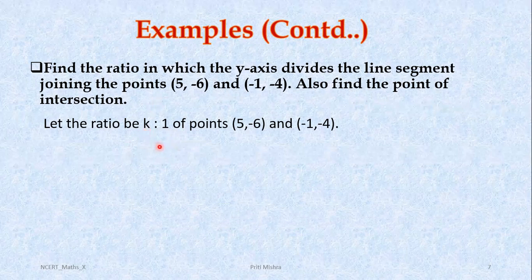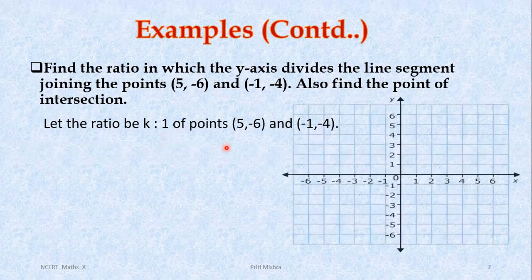And in this ratio k to 1, you can easily see only one variable is involved, k. So with the help of a linear equation in one variable, you can easily find out the value of k. It will make our calculation easy too, but it totally depends on the question, and your observation should be clear there, that what kind of ratio you have to suppose here, right? So let k is to 1 be the ratio.